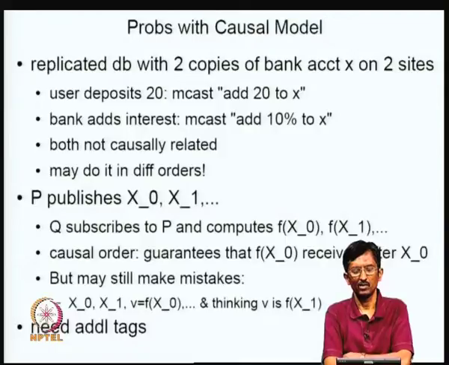So, if you want to do that, you need to have additional information which says that this is the first value, this is the second value, etc. The causal ordering does not itself give you that. Again, this is related to the fact that we do not have application level insight into what is going on, and all I can do is I see values and I am doing f of something. And so, these protocols have to be carefully constructed so that this kind of confusion does not occur.